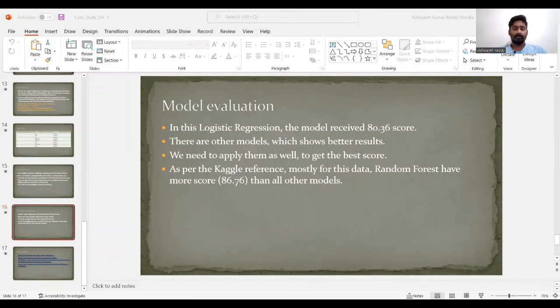Hello team, my name is Vishwant. Today I'm explaining model evaluation. In this logistic regression, the model received an 80.36 score, whereas we have other models where we got a higher percentage of success. As we have selected logistic regression, we got only 80.36%. However,